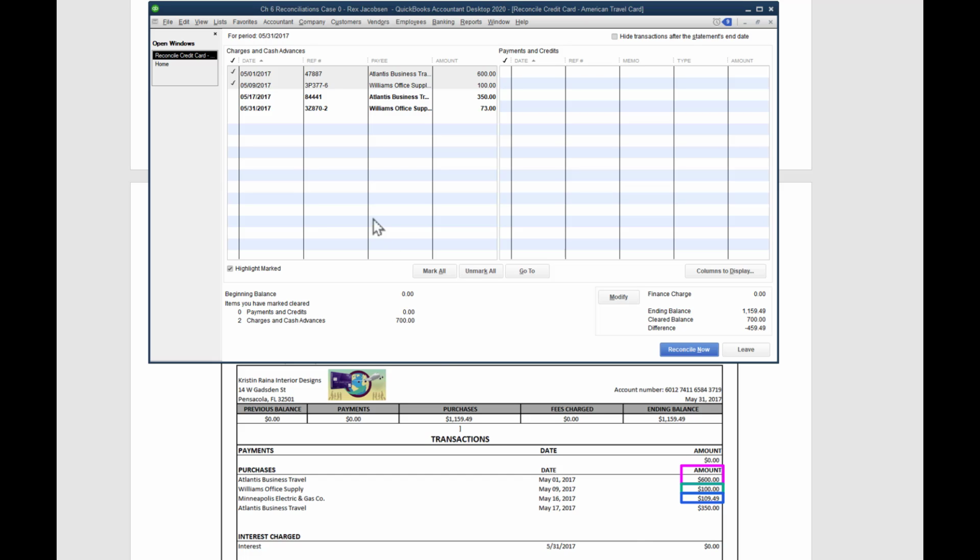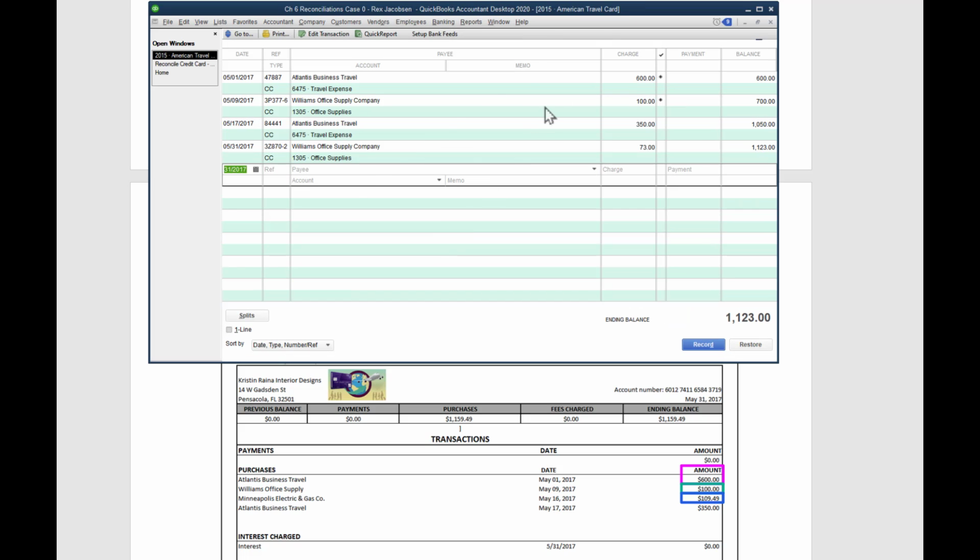So how do I enter it into QuickBooks? The most convenient way is to right-click anywhere on this grid. So right-click and go down to Use Register. So notice the name of the register is up here, the American Travel Card. So now I can just enter this Minneapolis Electric and Gas Company transaction into the register. So what was the date? Looks like it's May 16th, so